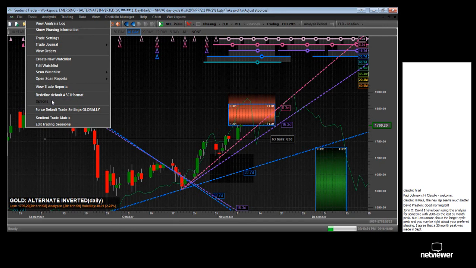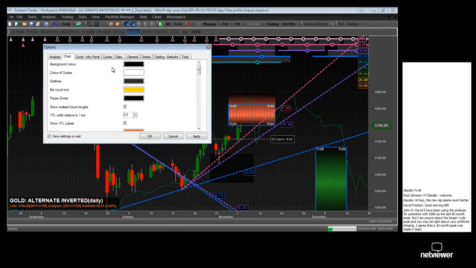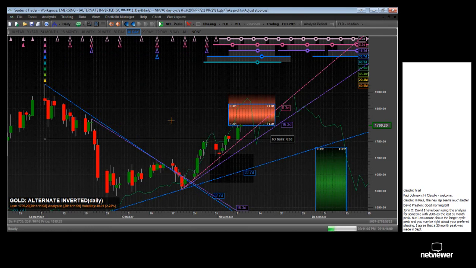Any VTLs to help us at this time frame? There we go. We have some VTLs. By the way, I saw some charts